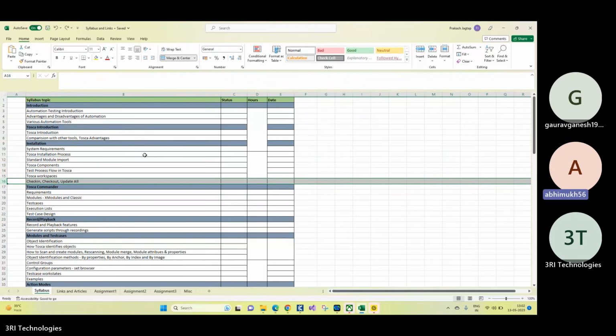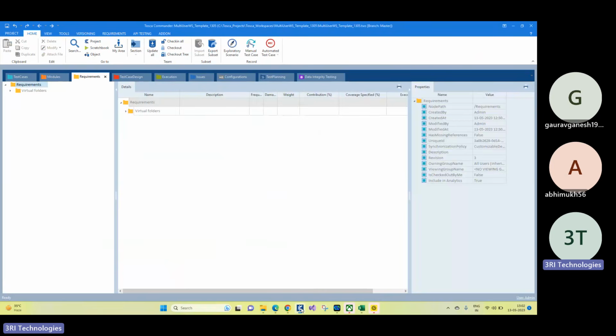We have completed check-in, check-out, right? But what is this update all? Okay. Let me go back to the workspace. Update all means taking the latest code into your local workspace.